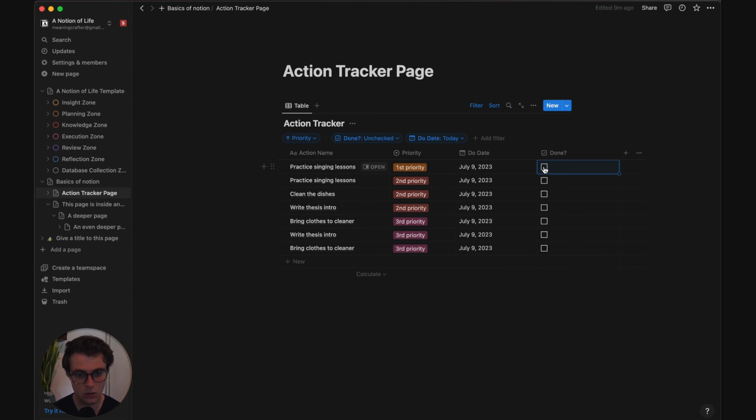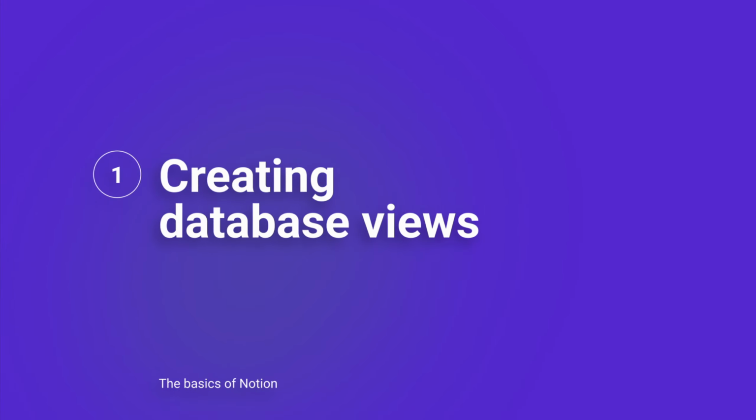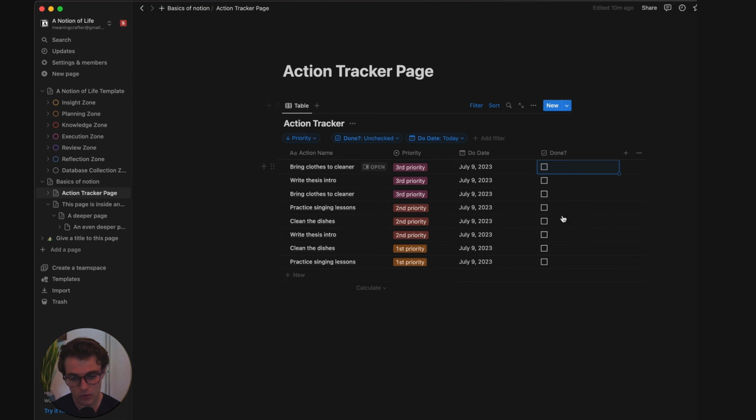Whenever something is completed, we can simply remove it from the list by clicking here. And just like that, we've created an action tracker database. Now, another thing that Notion allows us to do is to actually create different views of this particular database and